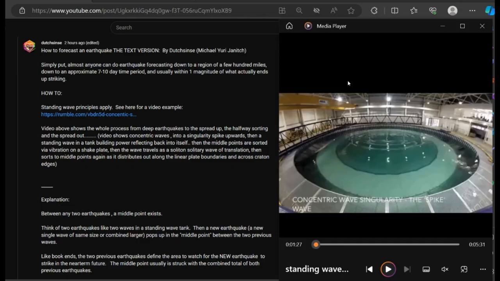How to? Standing wave principles apply. See here for a video example,